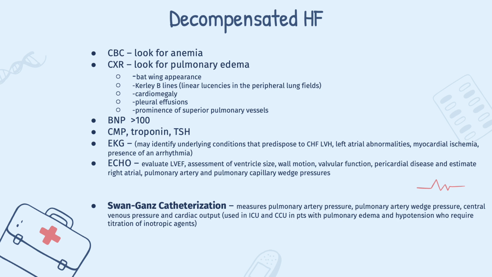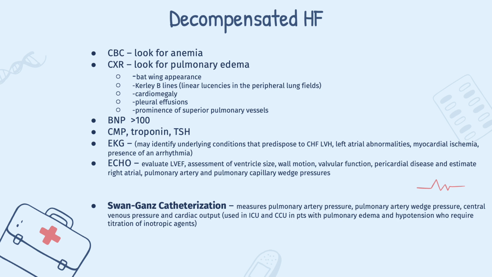So this is a good measurement. It's very similar to art line measurements. It gives us measurements of the pulmonary artery pressure, pulmonary artery wedge pressure, central venous pressure, and cardiac output. So with my patients, we put this in their central line, and it gave us really good instant information on any of the inotropes or pressors we put our patients on, so we could make titration adjustments as needed based on